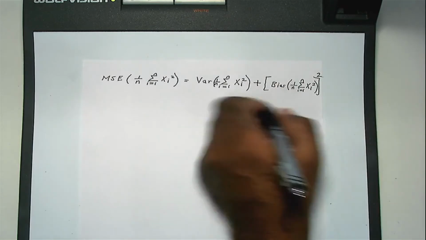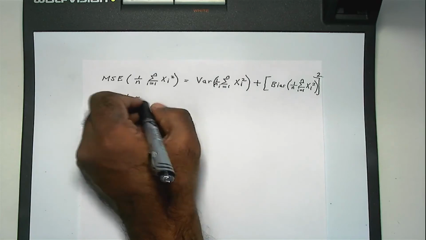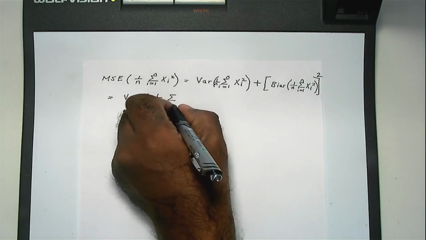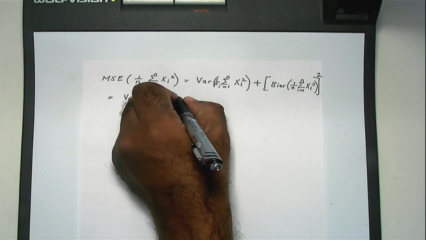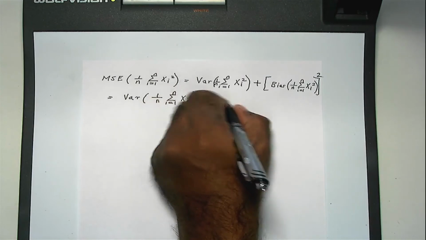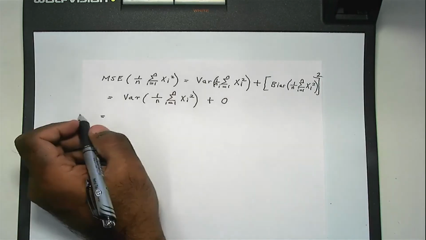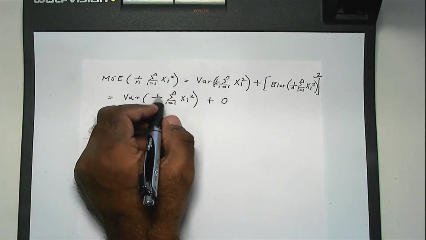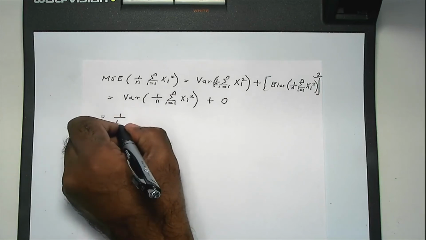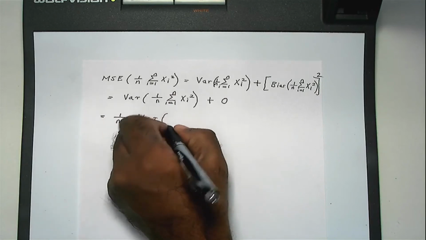Now, obviously, the bias is 0, so this is simply the variance of 1 over n plus 0. Right, now I'm going to take the 1 over n outside the bracket,